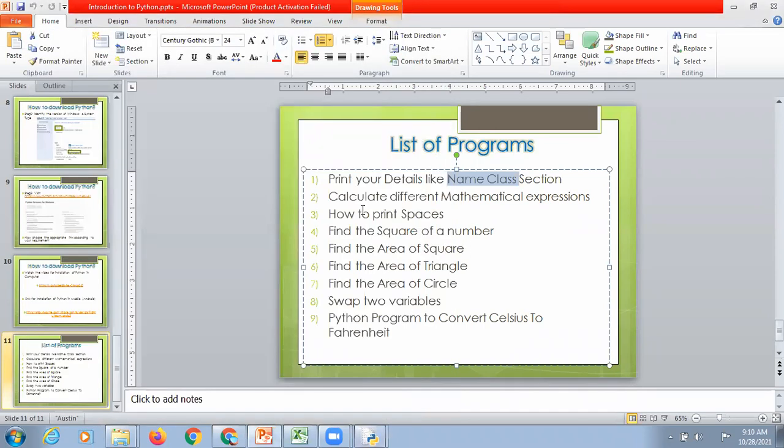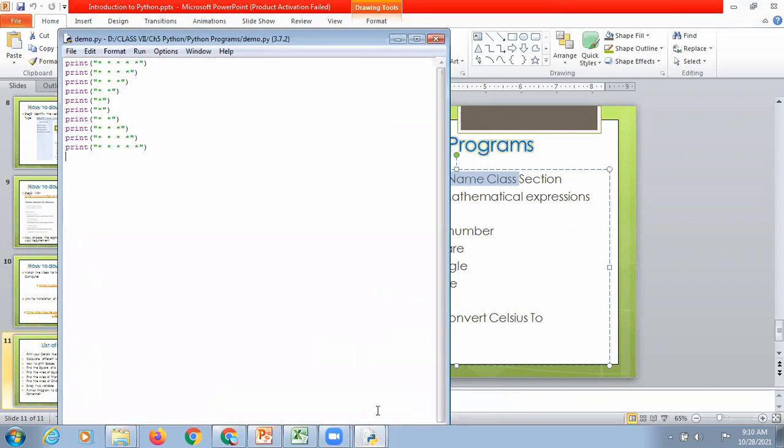The next program which we have to do is to find out the square of a number. Now to find the square of a number, you first have to take a variable, number. Instead of number, I'm just writing num equals to, let's take any number. I'm taking 7. Num equals 7. Because we have to print the square of a number, it is very easy. We can directly write, first let's print the number only.